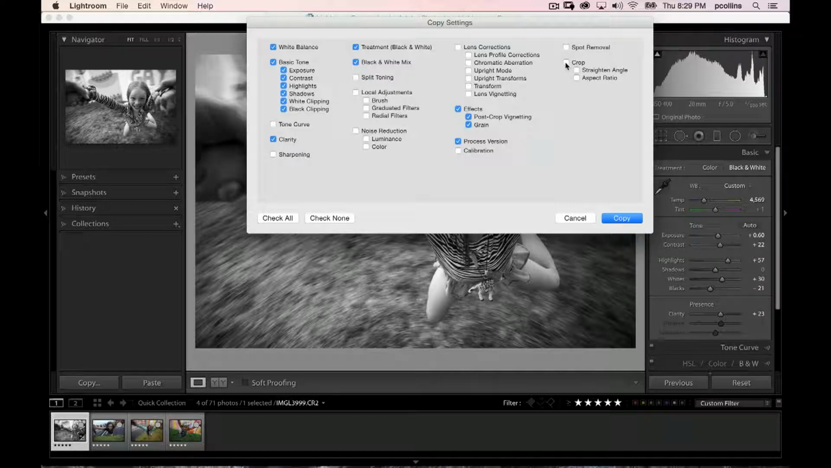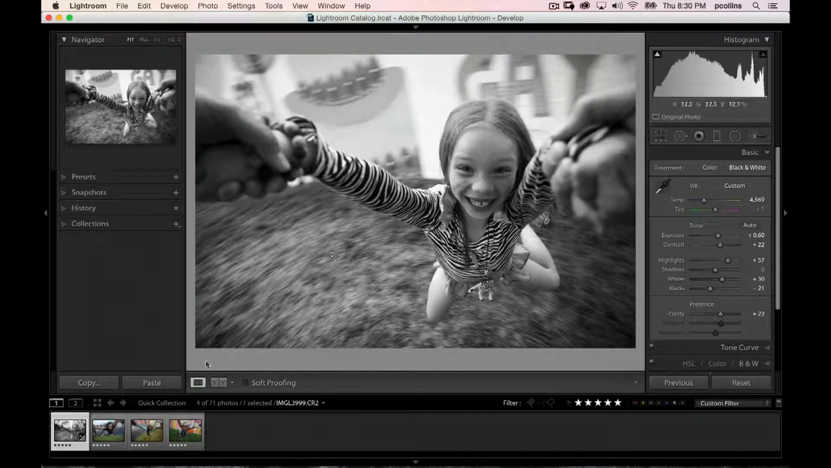Now keep in mind, if I had cropped any of these and I left crop on, then the crop would be applied to all the images. So you don't necessarily want to do that. You always need to be aware of which ones you want to apply and which ones you don't, because it could end up being more work than help if you apply things that you don't want to have happen across all of them. But once I decide, yes, I want those, I hit copy,